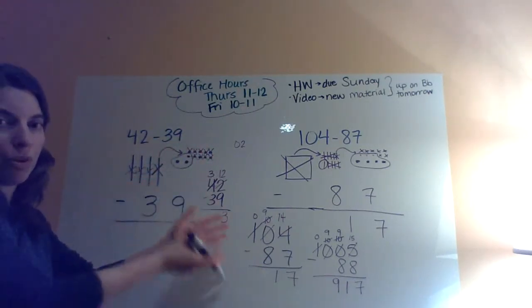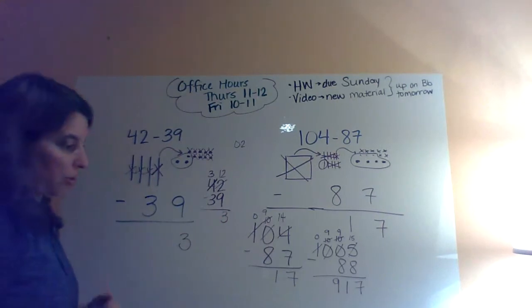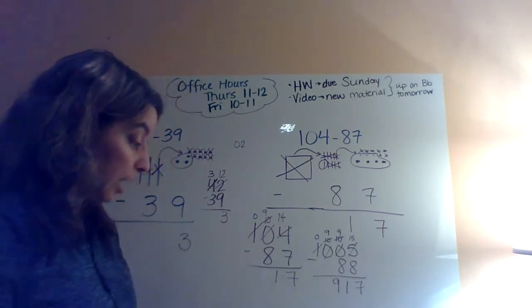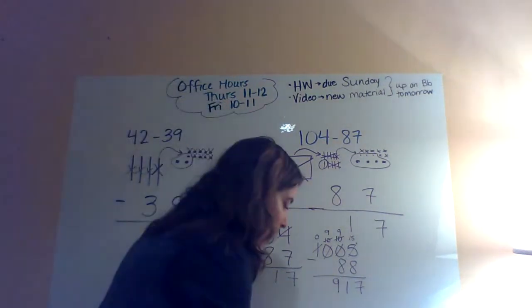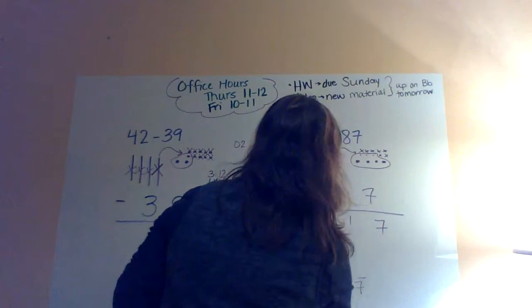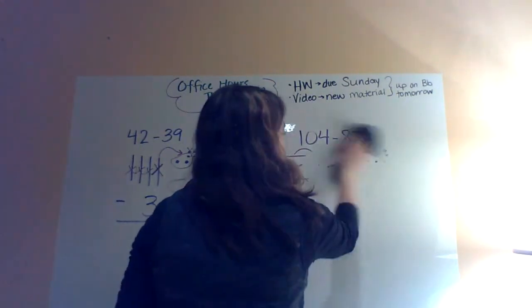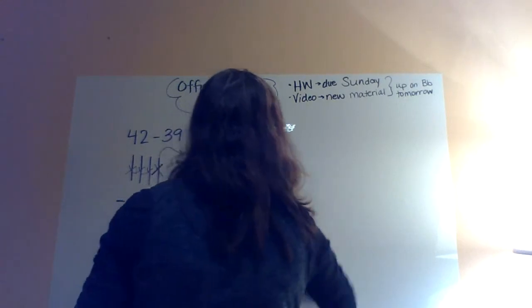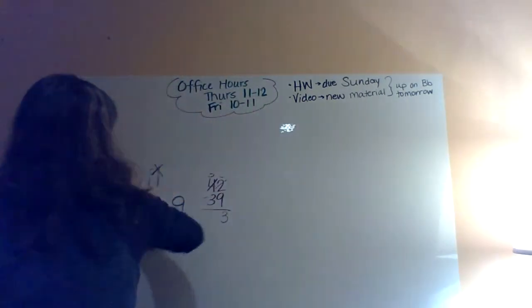So we always want to start with the ones and work our way larger. So we spent quite a bit of time talking about that today. And then the other thing we did was to look a little bit at the same idea of borrowing and carrying. We really just did a carrying one, but when we're not talking about regular old numbers. So the example we had said that